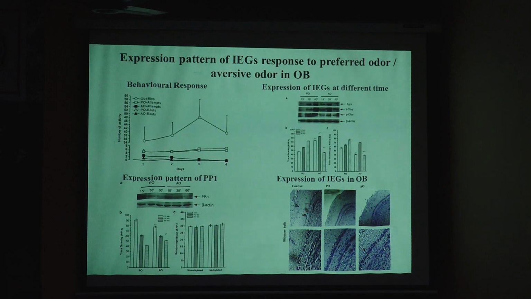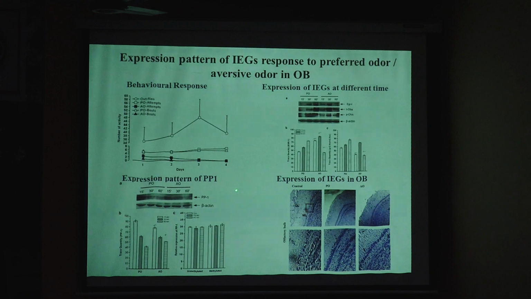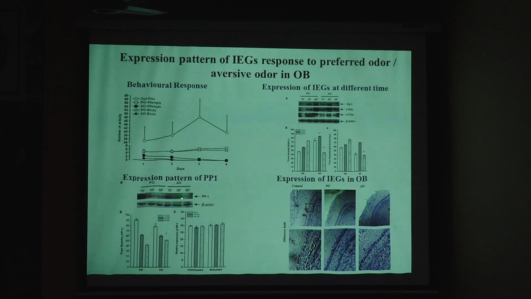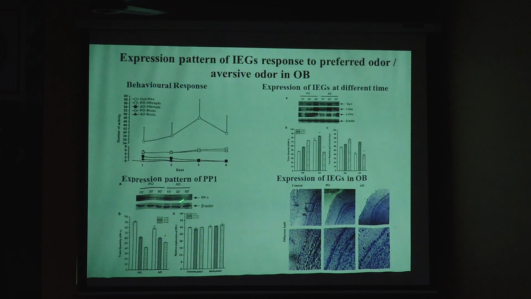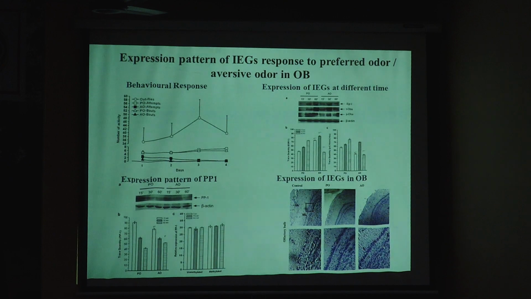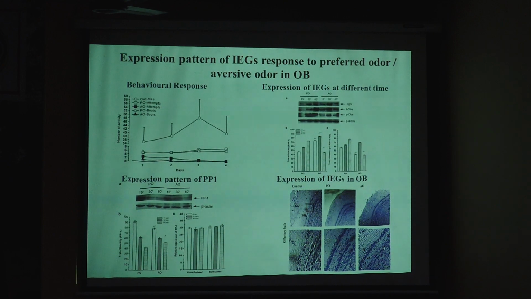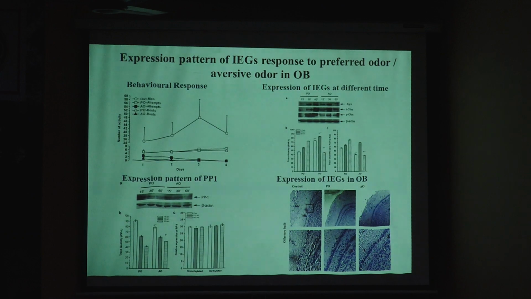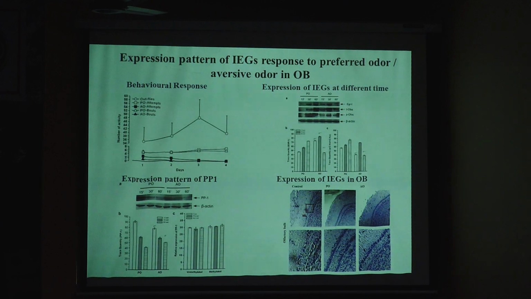Apart from that, we pick up two different regulators, like protein phosphatase 1, which, probably you remember, degrades proteins. So we looked at the expression of PP1. When there is learning of olfactory cues, PP1 goes up. We know the nature of PP1: when it goes up, it degrades the protein. So here in the olfactory bulb, their function is very normal. They are not doing anything.